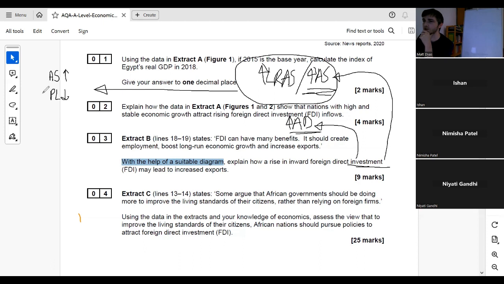Like, think about what we say on a macro scale when the price level decreases. We're kind of meaning the general price level of all goods or most goods in the economy is going down. So of course that includes UK exports. UK exports are goods from the UK economy, so these are getting cheaper. So that means increased demand for exports.